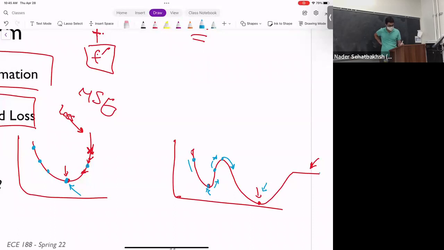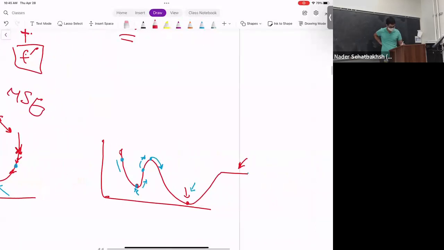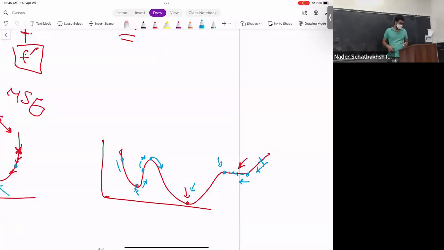If you are somewhere, let's say, something like this as well. If you start somewhere here with gradient descent, you're going to go here. But then you're going to get into this flat point where no matter which direction you go, nothing really changes. And in that case, your algorithm might also just settle for some point here and then stop. Okay? And this is also another problem with gradient descent.